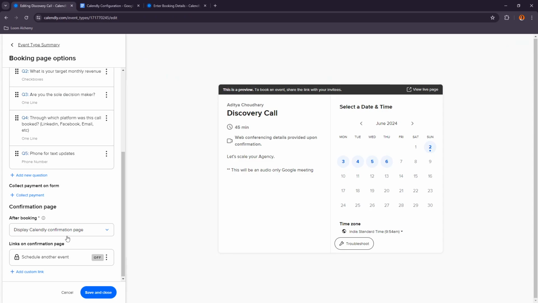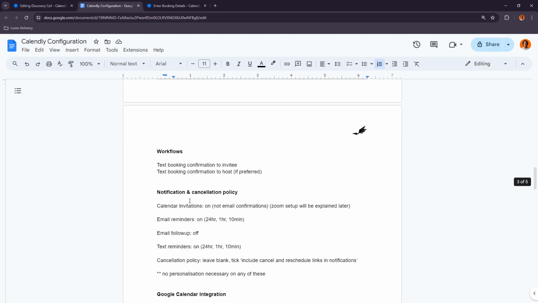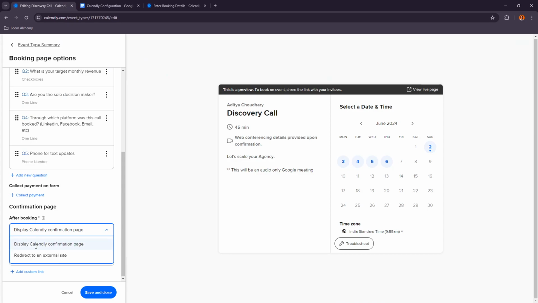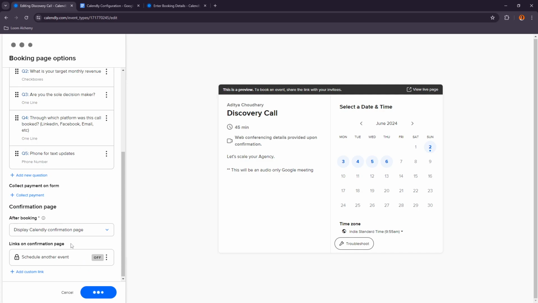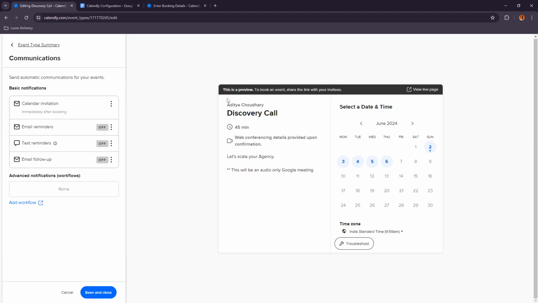Now coming to workflows right here, once again, these are basically the things that we need to do. For the confirmation page, I don't want you to do anything. I just want you to display this. You can redirect to an external site, but for now I would just say keep it like this. We don't want to collect payments from this, we want to keep it free, and we are going to save and close this, right? Now for communications, if you have money to invest, I would say buy Calendly Premium,